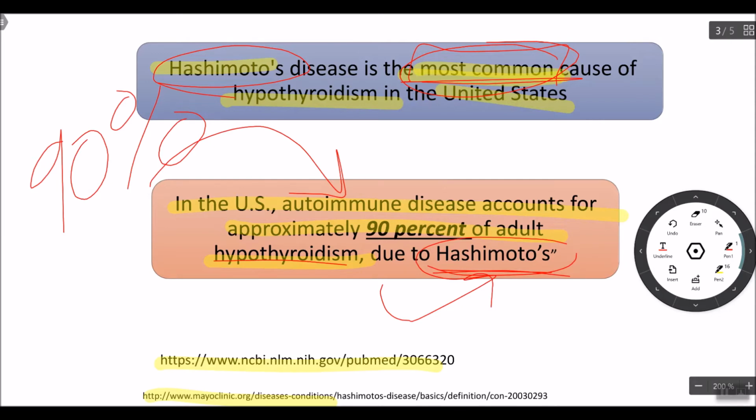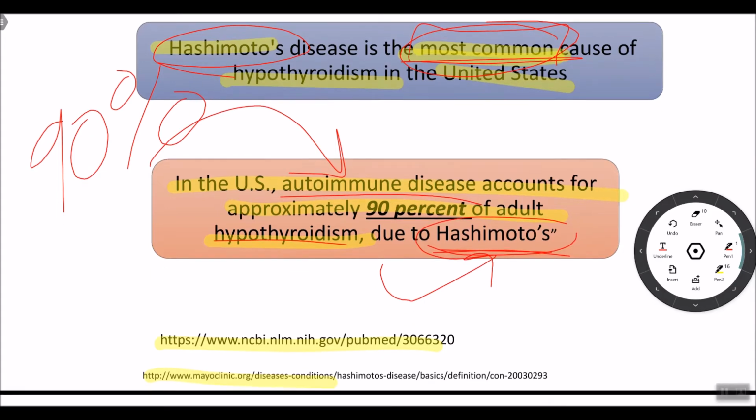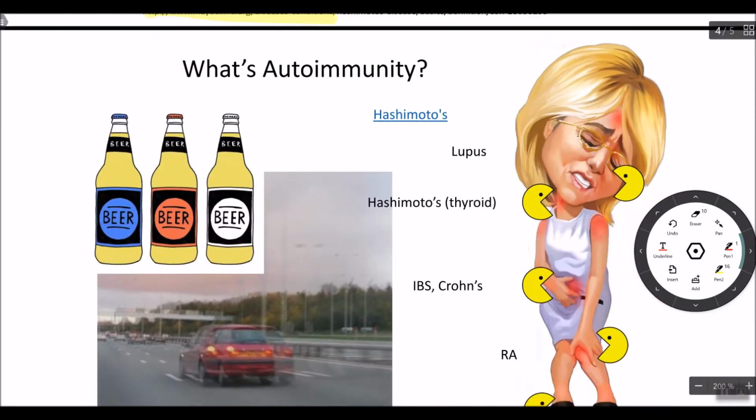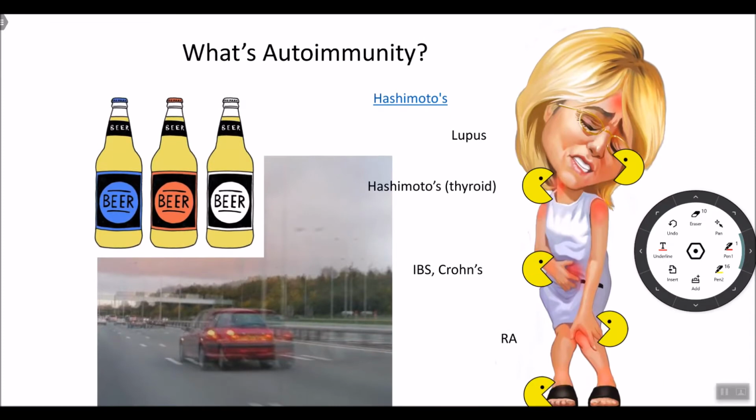So you don't have a simple problem of, oh, I have a simple hypothyroid problem. No, you actually have an autoimmune disease. Autoimmune diseases are pretty serious diseases. Like if you've ever seen anyone that has had rheumatoid arthritis where their hands get all bent and arthritic and they're hunched over, that's an autoimmune disease. So there's a 90% probability that you actually have an autoimmune disease. So that gets us into the next question: exactly what is an autoimmune disease?